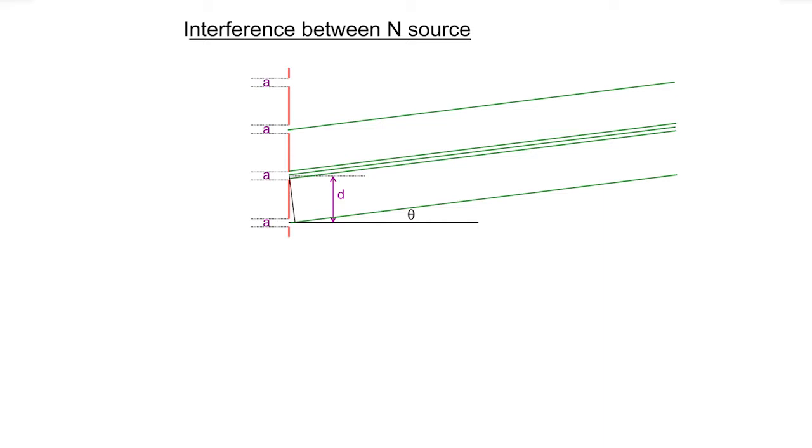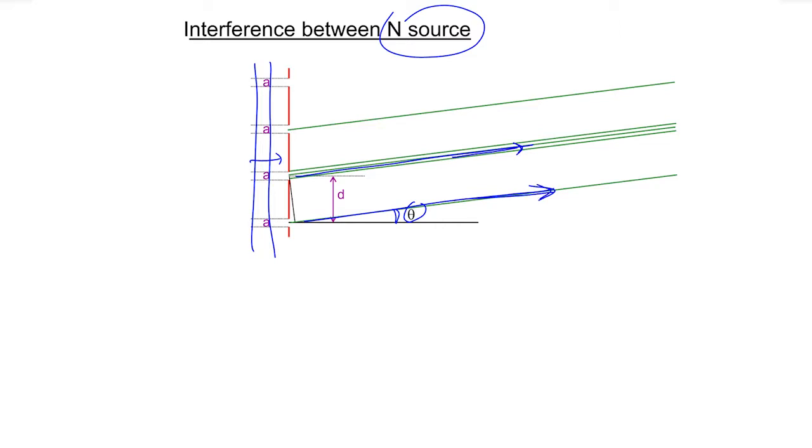Let's do some math to describe the interference between light emitted by n sources. So we consider n sources illuminated from this side, emitting under a certain angle, theta, and we discuss the interference between this light and this light. Of course, the crucial component to describe this interference is the phase difference, phi, between light from consecutive sources, and that phase difference is 2 pi times the length difference divided by lambda,